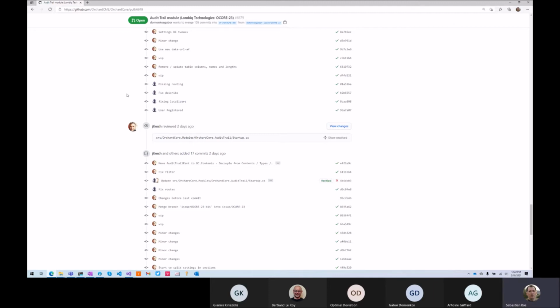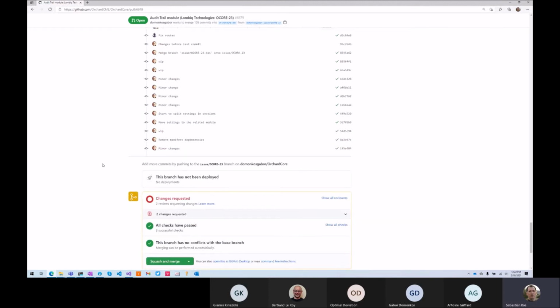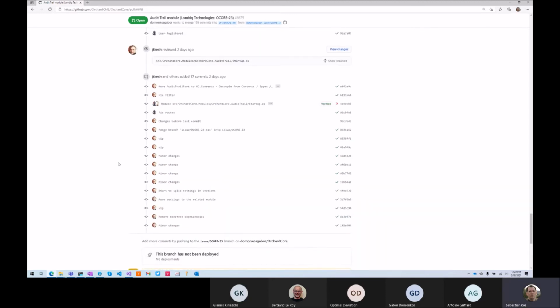So there will be two different features related to history management, one for legal reasons and one to just be able to revert back to a previous version, because the audit trail doesn't let you revert to old versions, as it just tracks the changes of the content.